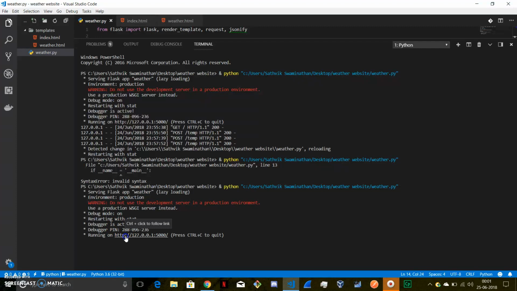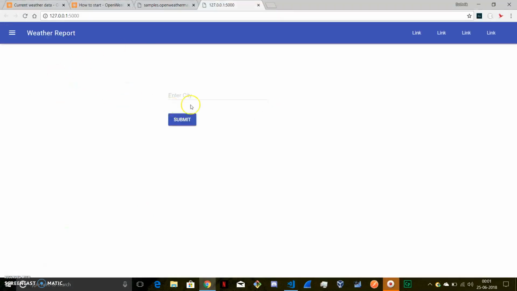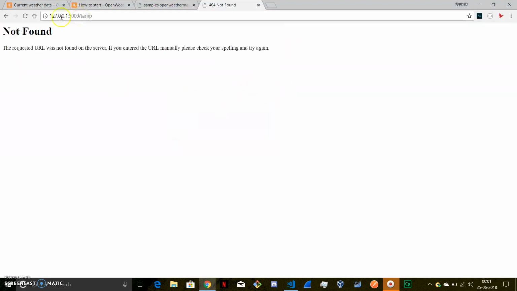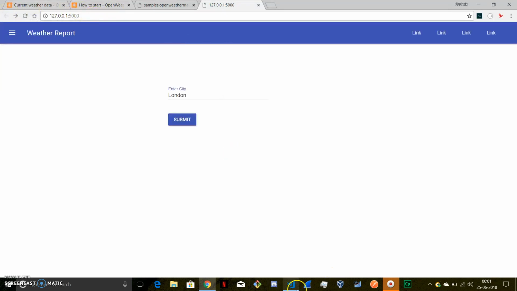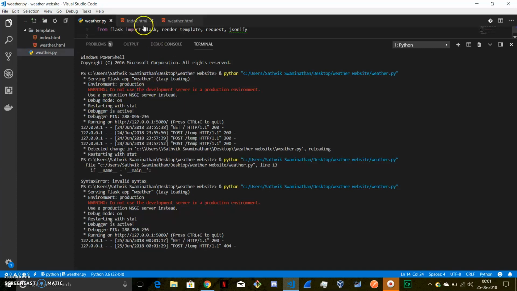Okay, so this is the URL, and now you'll be able to see this UI. This is just a simple template that I recently developed on my own. So now we'll be able to enter any city over here, but right now this will not be functional, and I'll tell you why this is being redirected to this hashed temp endpoint. So now going back to our code, in this index.html,